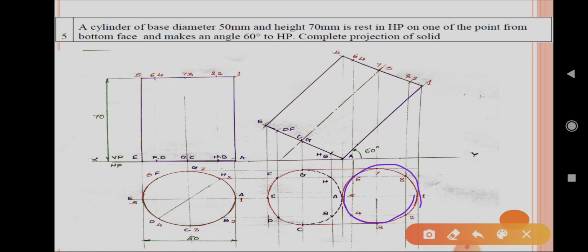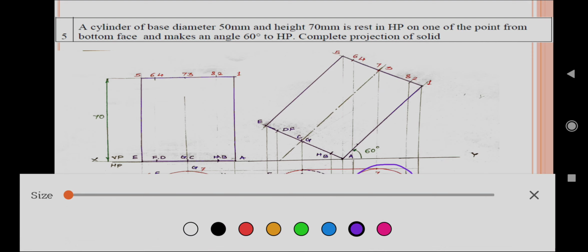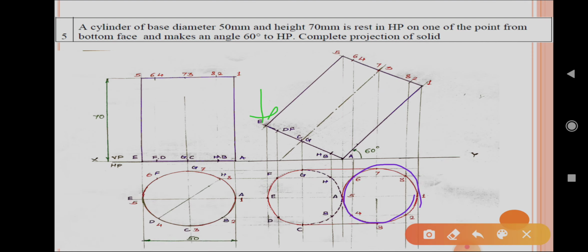In a similar way, the same method, visibility for the cylinder. So the bottom E point is visible, these points D and F are invisible. So with the arrow concept these are invisible, but this method is not applicable for all the problems. So half the portion of the cylinder is visible and half is invisible. So take the points E, F and G: half the portion E, F, G is visible.